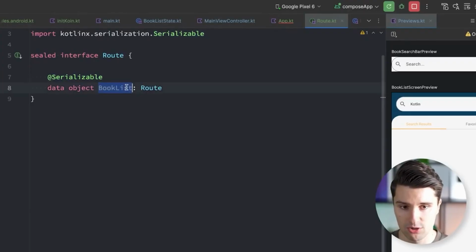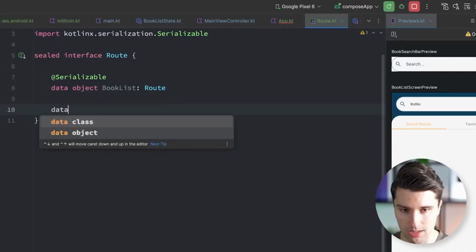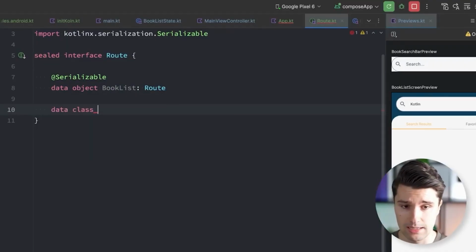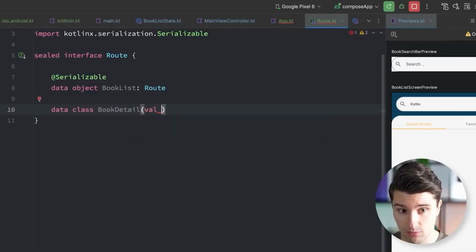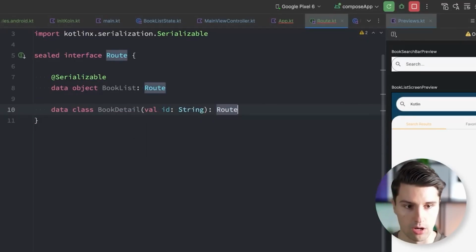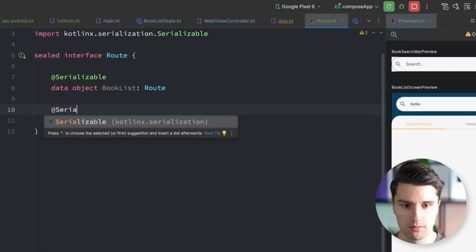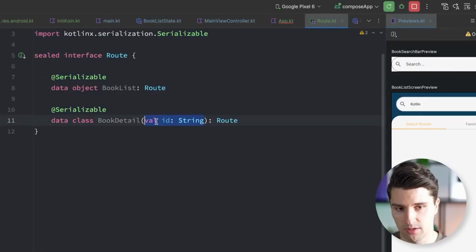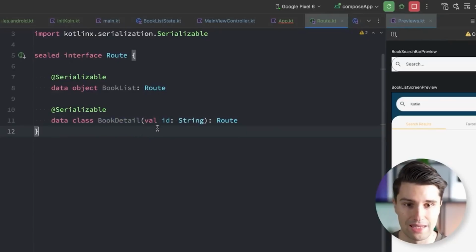In this case, our book list screen does not have any screen arguments, but the second screen, our book detail screen, does have arguments, which is why it needs to be a data class. We call it book detail, because the argument we need on the book detail screen is the actual ID of the book that we clicked on. So this will also be a route. Serializable, but this way we have type-safe arguments. We can create a book detail instance, say we want to navigate to this specific book,